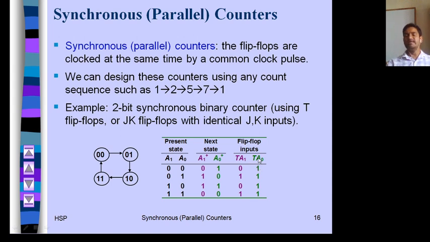Again TA0 is A0 XOR A0 plus. 0 XOR 1 is 1, 1 XOR 0 is 1, then 0 XOR 1 is 1, then 1 XOR 0 is 1. Now we will find out the values of TA1 and TA0 either by using Boolean theorems or by using K-map.